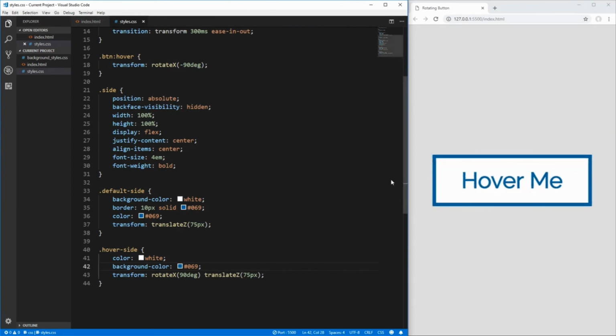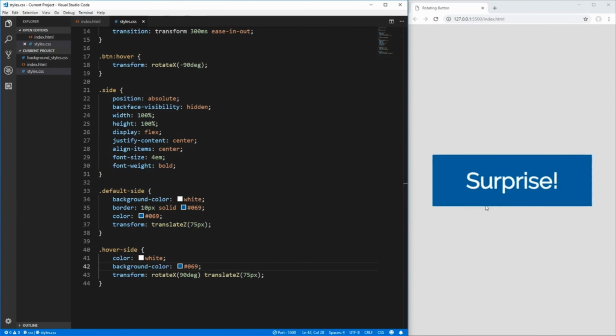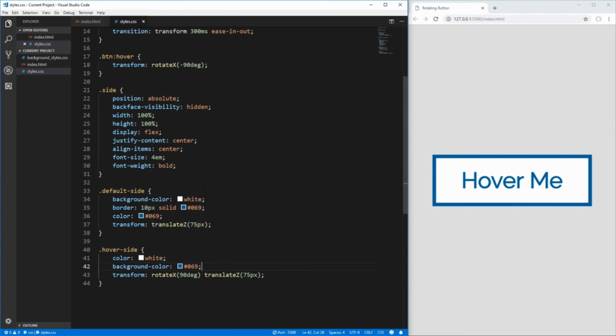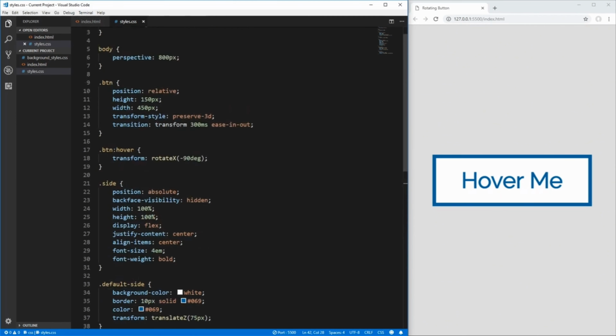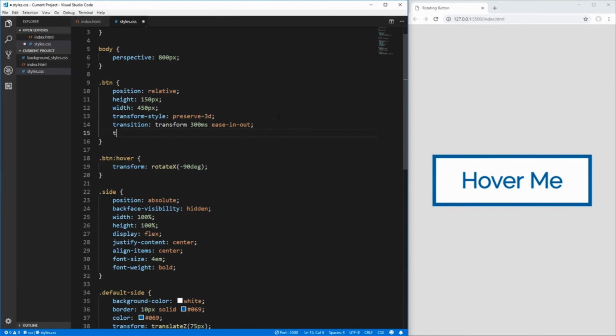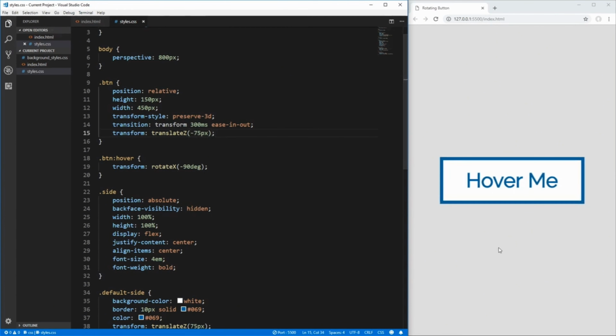One thing you may notice though, is when we translated the button closer to us, it got a little bit blurry, the text kind of got blurred, and we want to remove that. So what we're going to do is translate the actual button element itself back 75 pixels to essentially remove the blur from bringing it closer to us. So in our button here, let's do transform, and we're going to translate on the z-axis, and go negative 75 pixels to bring that button 75 pixels farther away from us. And if we save that, you now see that our text is crisp and our button rotates again,